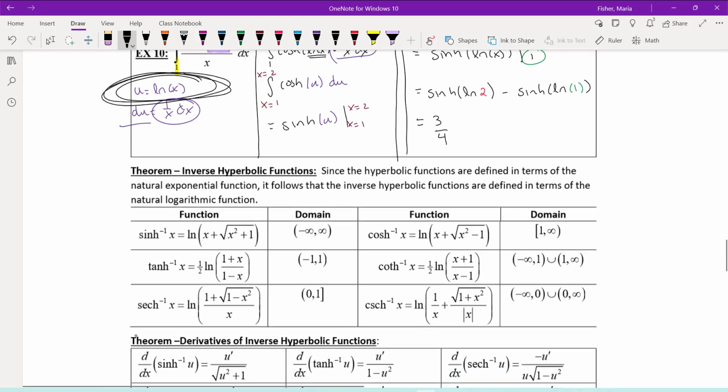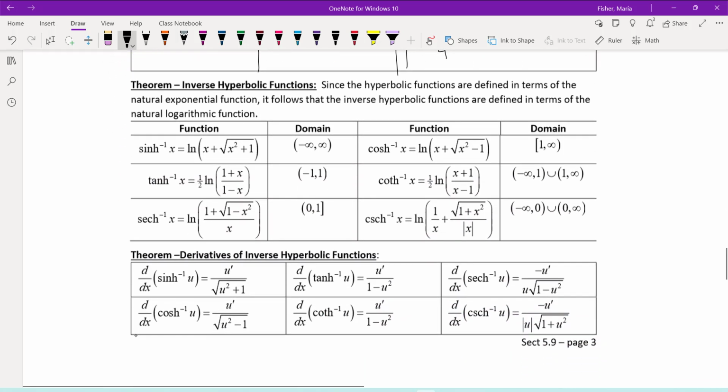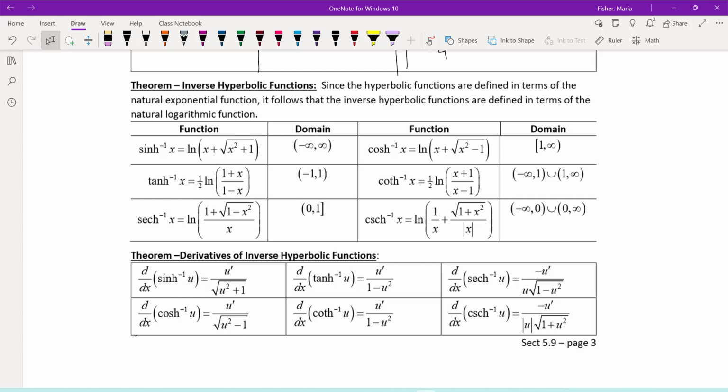Now let's define inverse hyperbolic functions and then look at the derivatives and the integrals for inverse hyperbolic functions. So the definition of inverse hyperbolic functions are as follows. The inverse hyperbolic sine of x is the natural log of x plus the square root of x squared plus 1. The inverse hyperbolic cosine of x is the natural log of x plus the square root of x squared